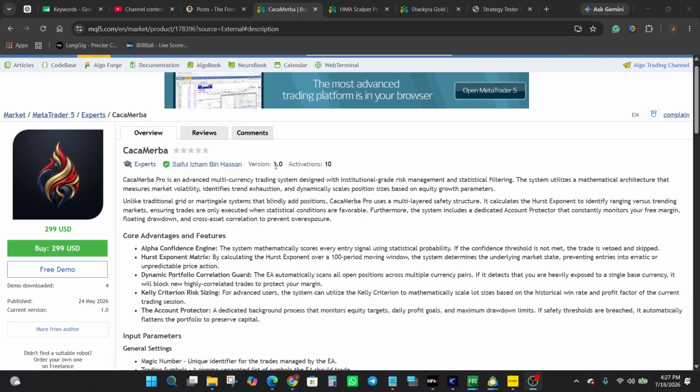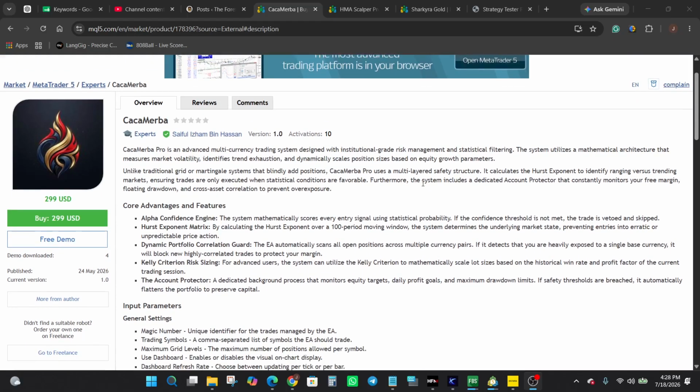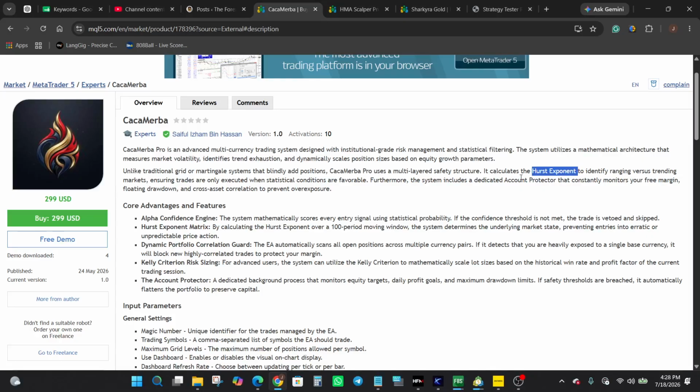It's on version 1.0. Okay, so scrolling into the description, this is positioned as a multi-currency system built around statistical filtering rather than traditional grid or martingale logic. All right, the developer describes it as calculating the Hurst Exponent to distinguish ranging from trending markets and including a dedicated account protector that monitors free margin, floating drawdown, and